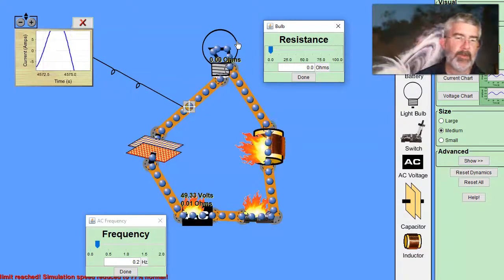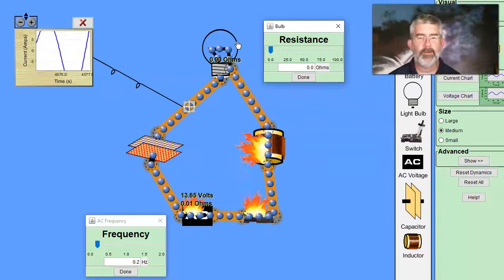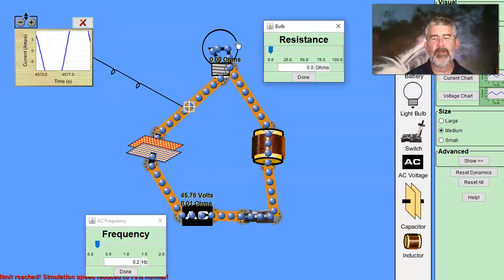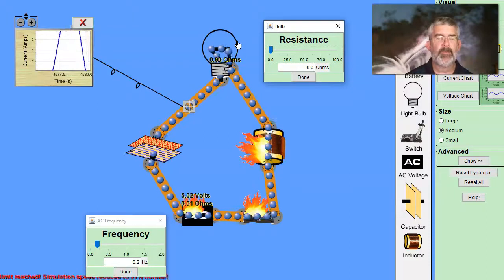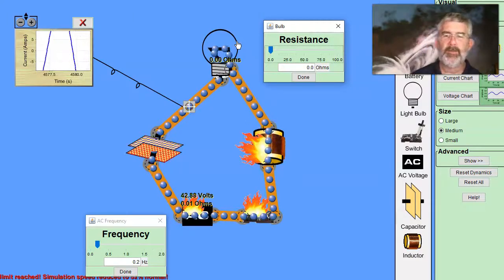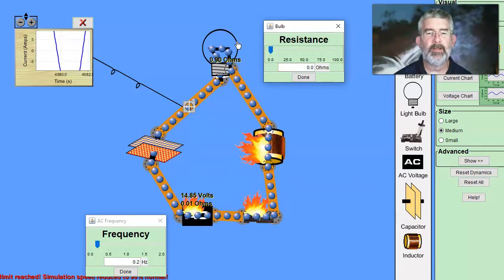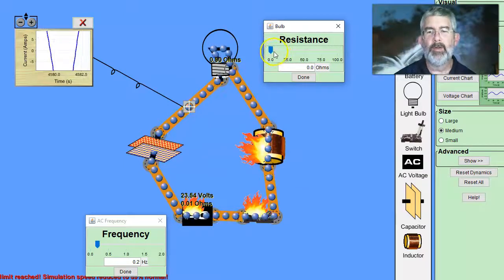In fact, this is telling me that the animation speed has been reached. The simulation isn't keeping up with what it needs to be. Okay. So this is what happens with resonance. This is undamped. Okay. Now, with a light bulb in there,